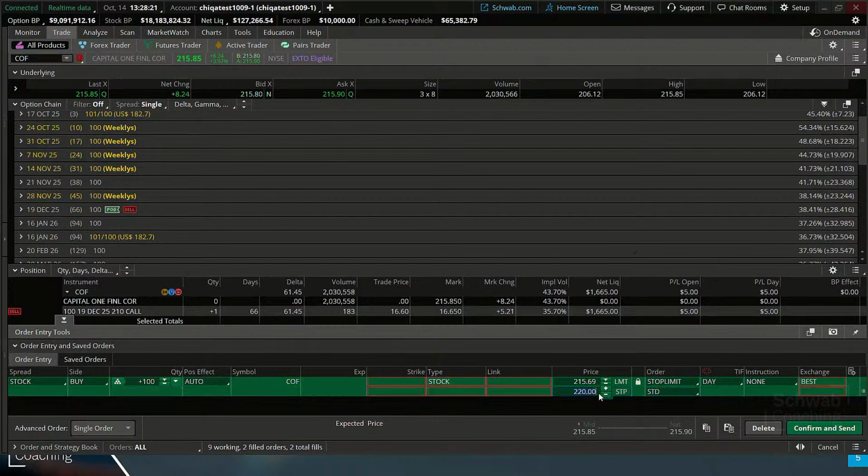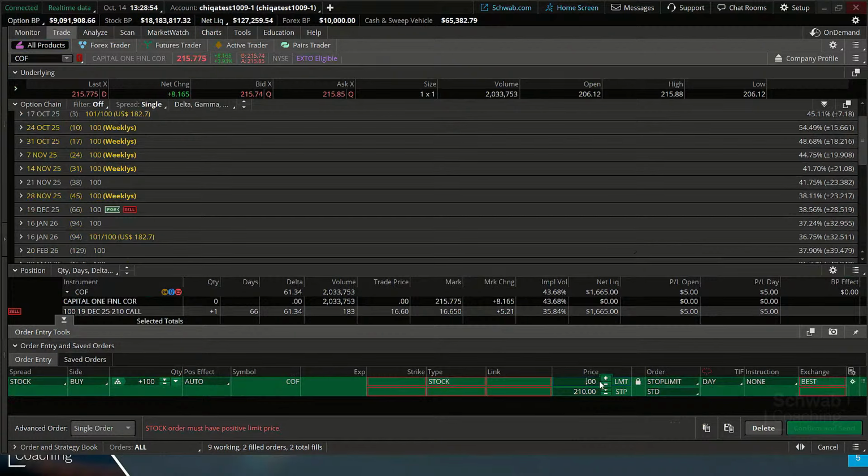So let's just say we're long this stock or long an option in this case, and we want to get stopped out when it goes below, let's say, 210. So we're going to have two prices here, if you'll notice. And in the name, stop comes first, limit comes second. So we're going to have first our stop that's going to get activated, just like that other order. But we're going to have a limit order that gets sent after that stop activation, where we can have a little bit more control over the price.